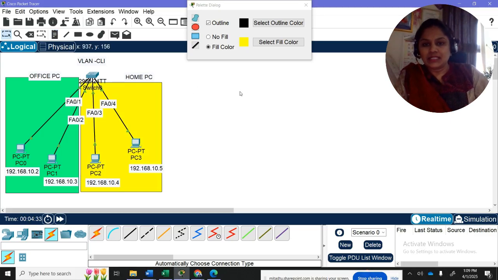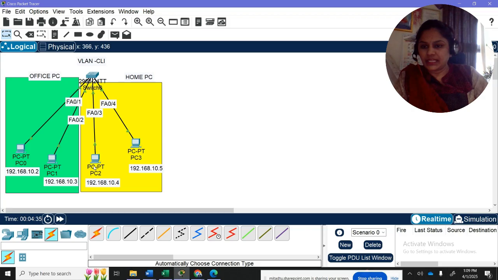Now, as both can communicate, regarding security or segmentation, if we partition them into two different networks, then these 2 PCs will not be able to communicate with those 2 PCs.